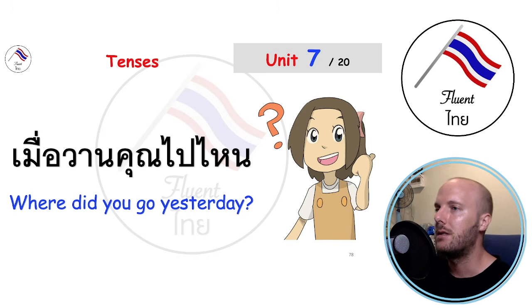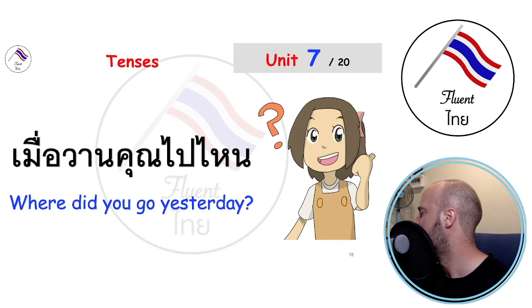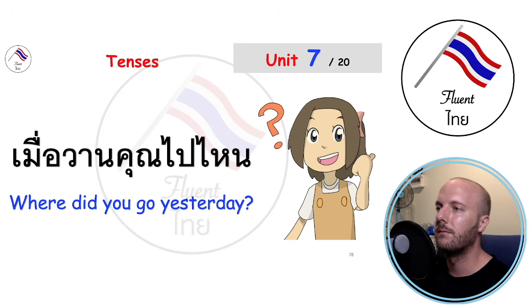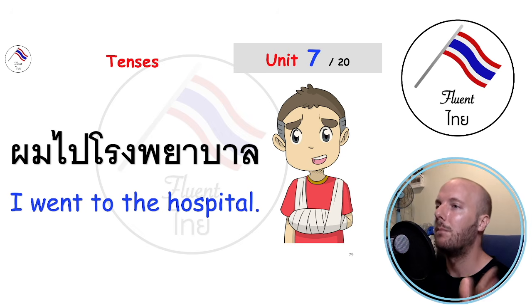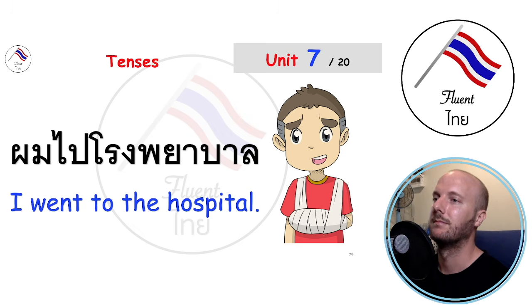Here we go. Tenses. Where did you go yesterday? เมื่อวานคุณไปไหนครับ I went to the hospital. ผมไปโรงเรียน Oh, I keep saying school. Sorry. ผมไปโรงพยาบาลครับ